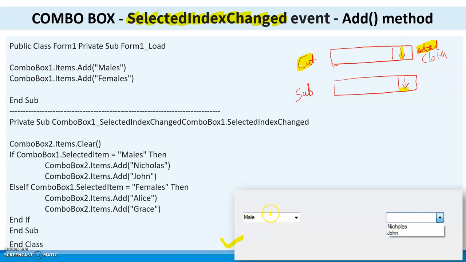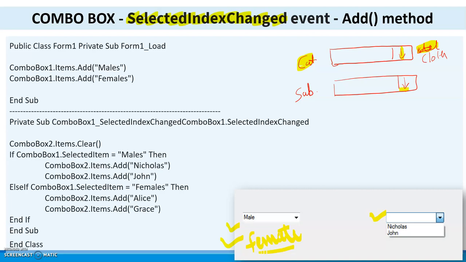Here we have one combo box and another combo box. Two combo boxes we have, and in the first combo box we have male and female. Two items we have. And what I want to do, if I select male, in the other combo box there should be a list of all the males, and if I select female there should be all the females. This I want. It is similar to the category and subcategory, right? How to do that? Okay, so here I am doing all the things at runtime, not adding anything through the